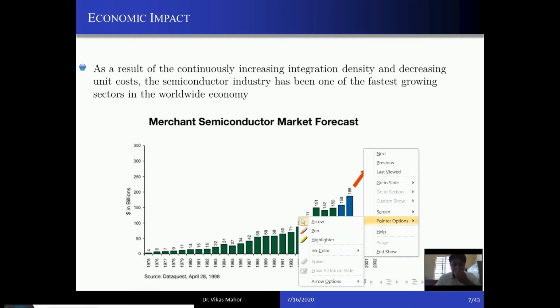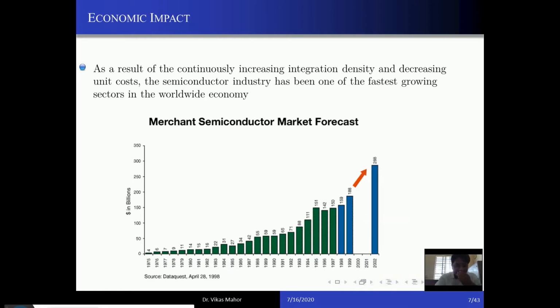What happened from 1975, since the first microprocessors were built? After every decade, when you see the market, this is the market growth of the VLSI industry. The VLSI industry is growing at a very fast rate, because there is a requirement of ICs everywhere. Everybody wants their circuit to be smaller in size, not that much size. You want your mobile to be this much size, not this much size. So you want ICs. That's why the VLSI market is growing and growing and growing.